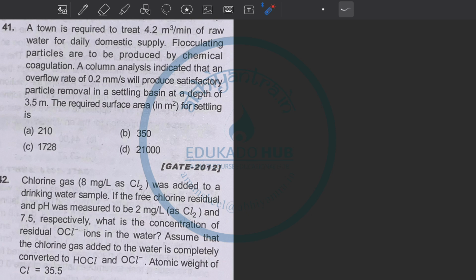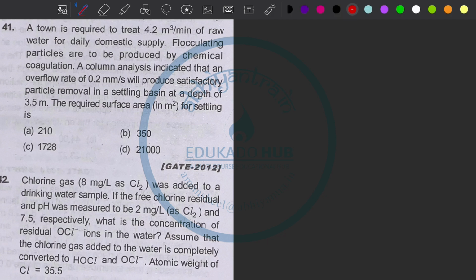Next is, a town is required to treat 4.2 meter cube per minute of raw water for daily domestic supply. Flocculating particles are to be produced by chemical coagulation. A column analysis indicated that an overflow rate of 0.2 mm per second will produce satisfactory particle removal in a settling basin at depth of 3.5 meter. Required surface area they want to know. Alright,